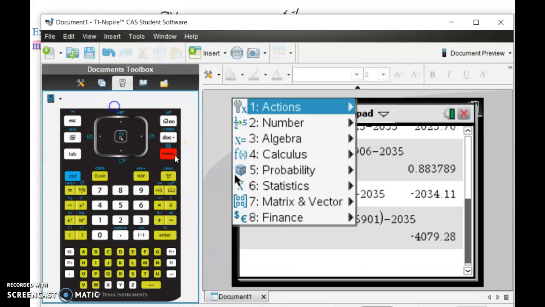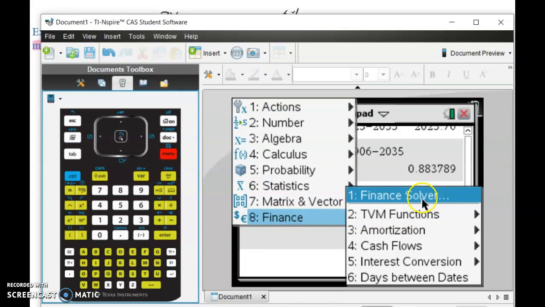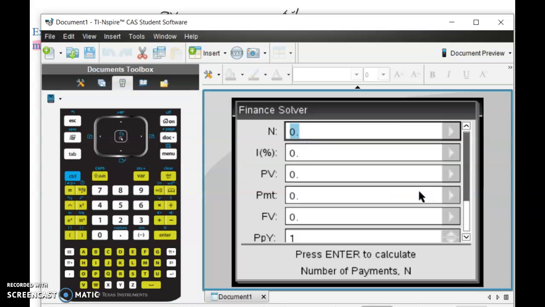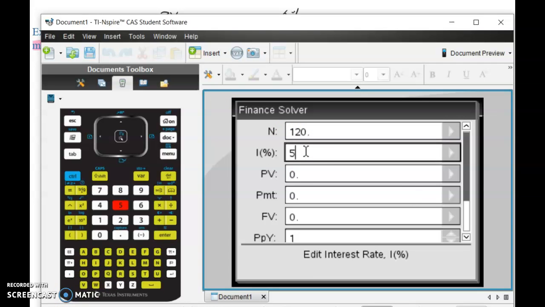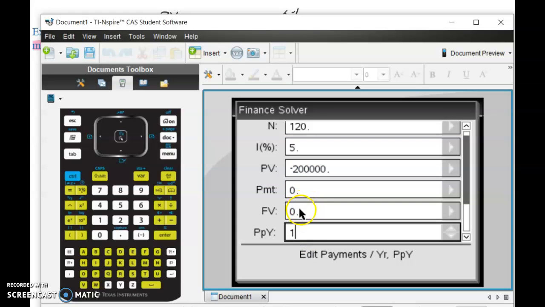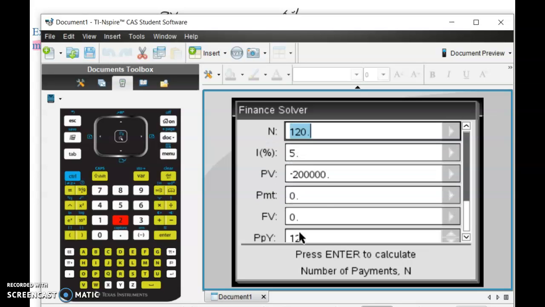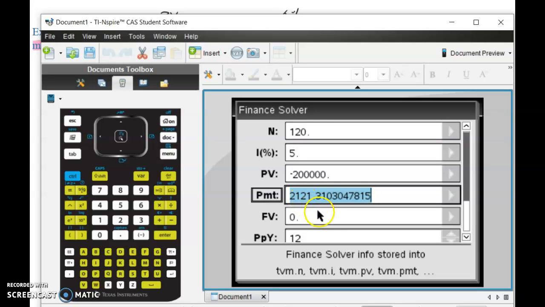All right, so to the CAS menu, there's 8 is finance, and then number 1 finance solver, and there we go. So the number was 120, the interest rate was 5%. Remember, we don't have to break that down. $200,000, oh, hang on. Now he's paying it to the bank, so it's a negative value, $200,000. We're trying to work out our payments. We're going to leave a future value or a final value as 0, and it's going to be 12 payments per year. Okay, once you've done that, you just go to payment, press enter, and it should work it out to be